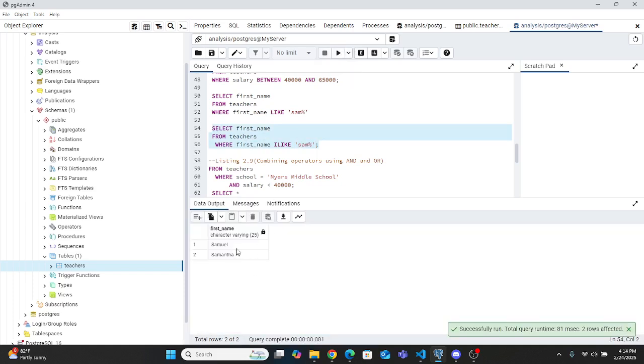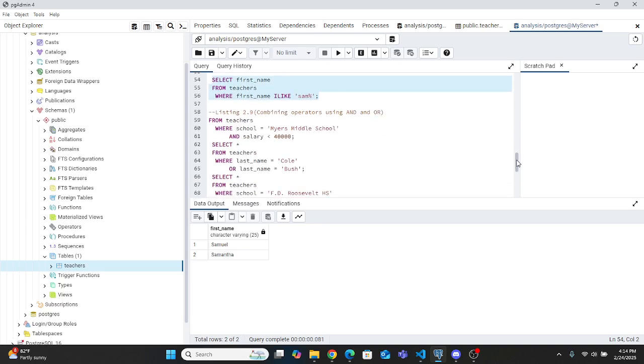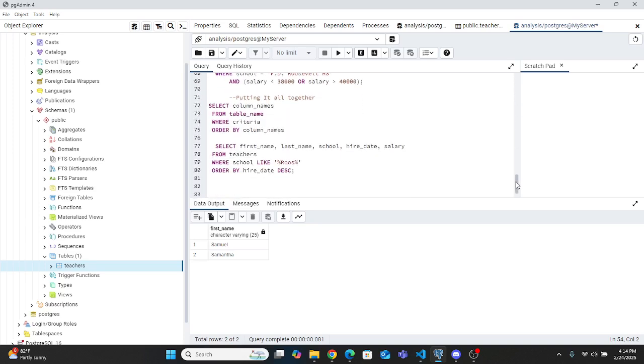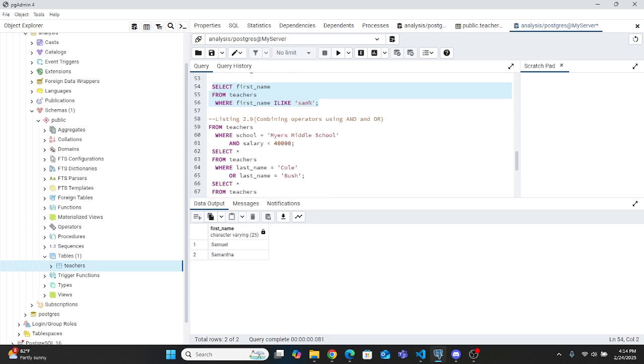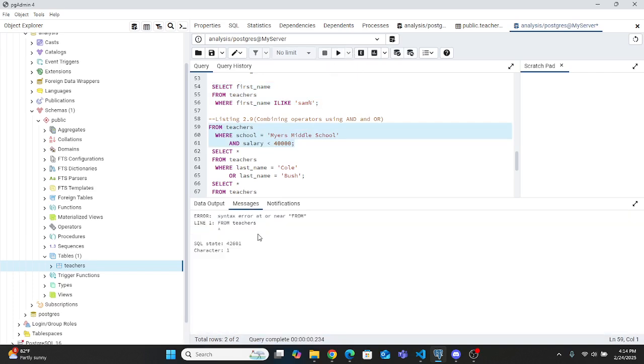Let's see. Oh yeah, it has Samuel and Samantha. Okay, thank you very much. And then this will be the last one actually, because this is the last one where we're going to be using operators, using AND and OR. So we'll take this one. So this one will show us